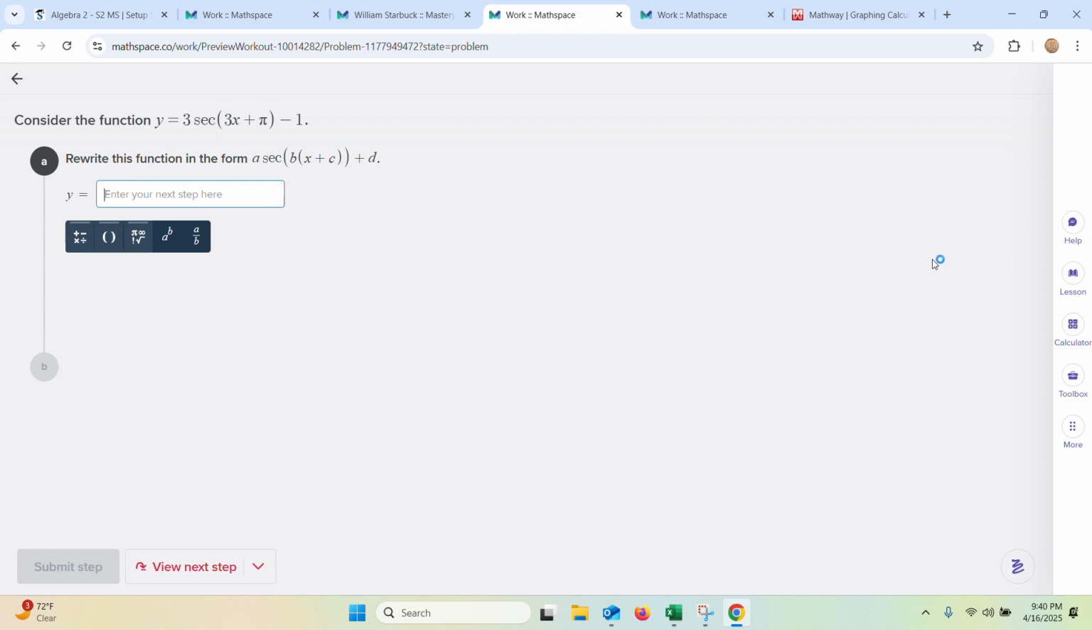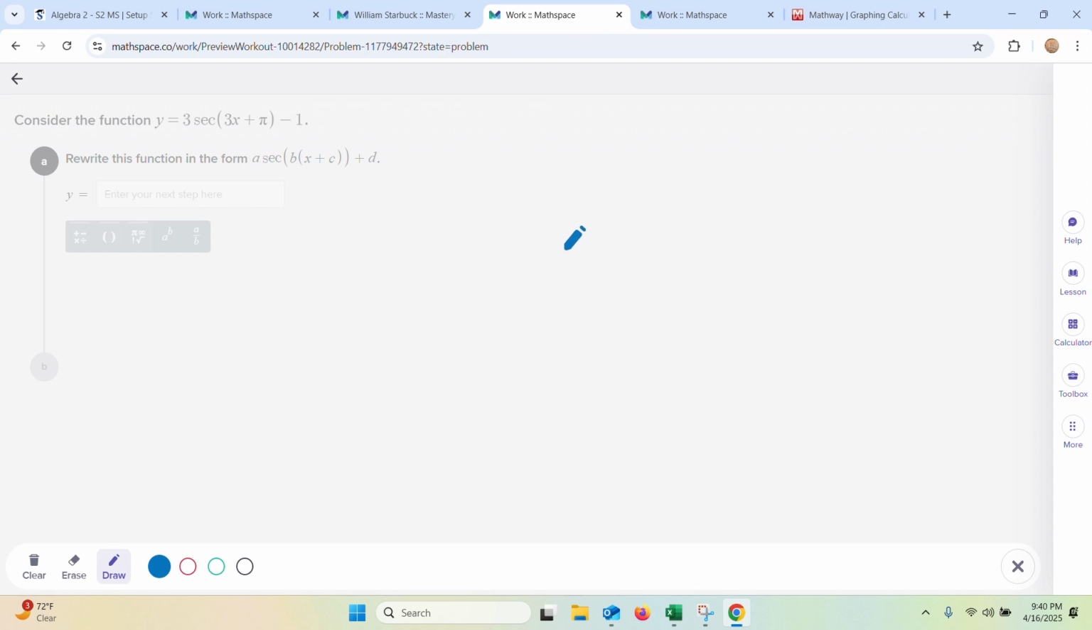First step is to get the b by itself. So we divide everything in this parenthesis by that 3. Let me get this little thingy over here, and let me use my finger. So 3x,